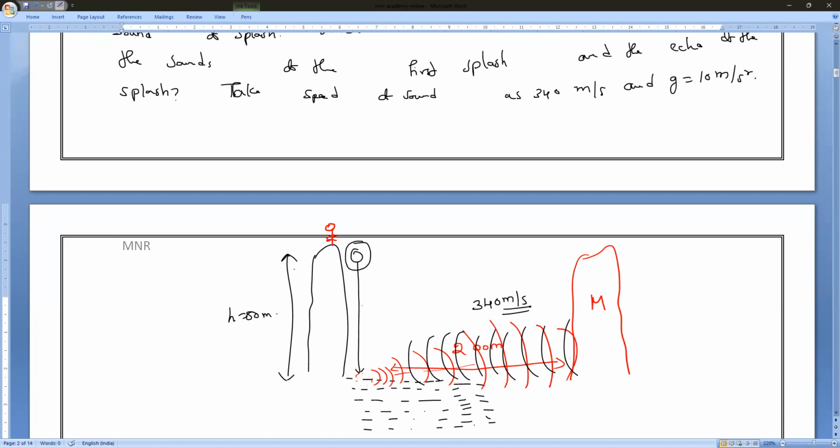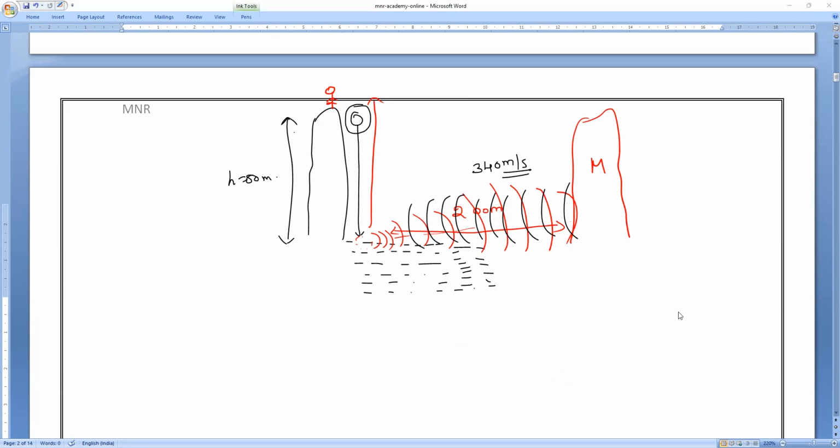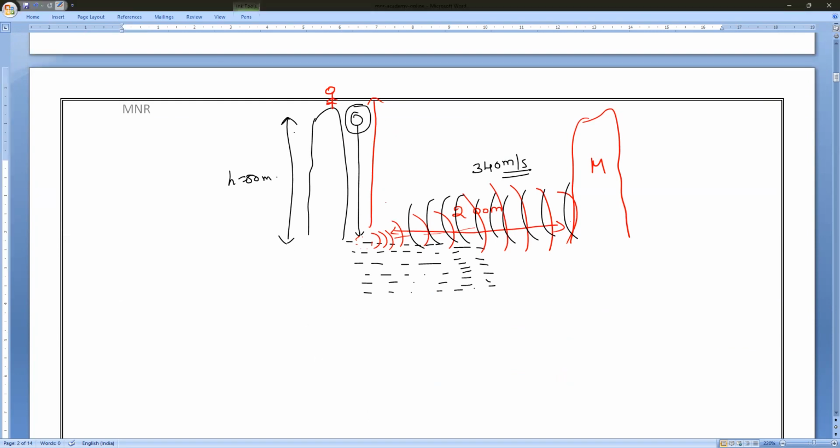So, when can he hear the splash sound? That is the second part of the question, what we solved. So, the splash will come at time T. Is it right or wrong, guys? That is the first part: the time taken by the sound of the splash